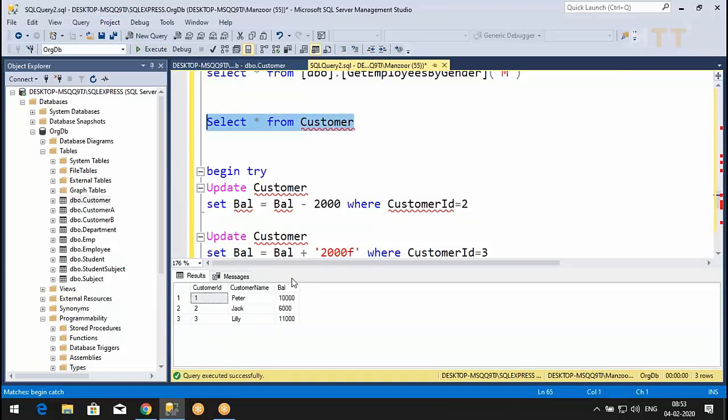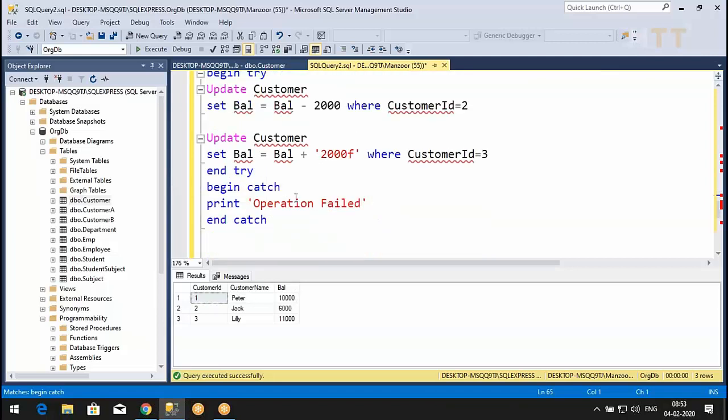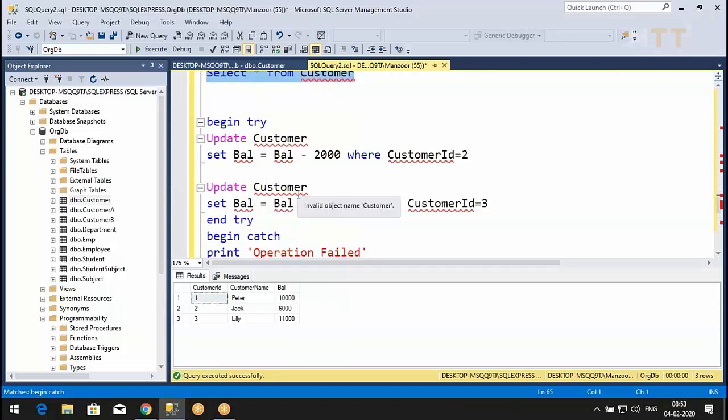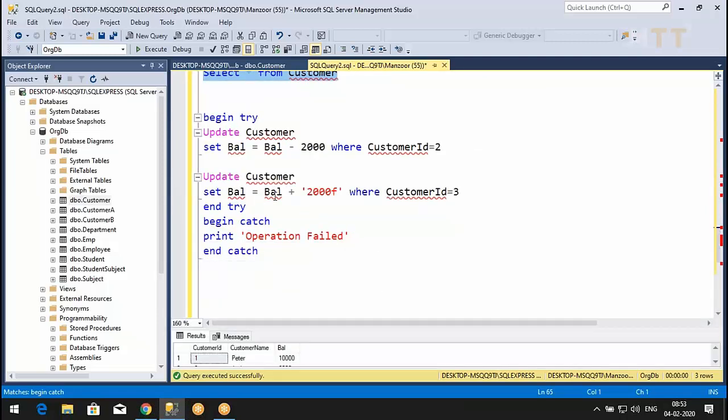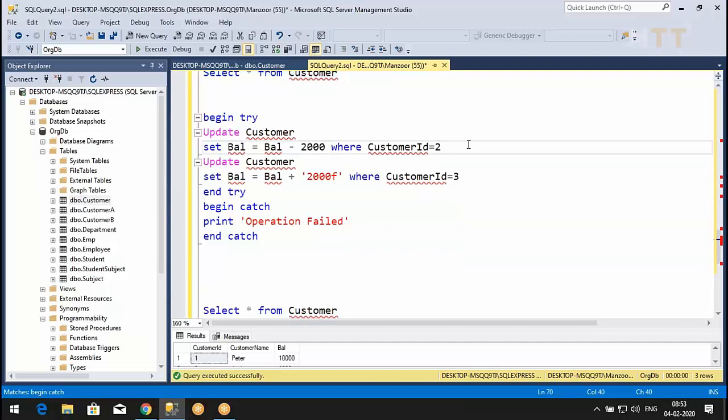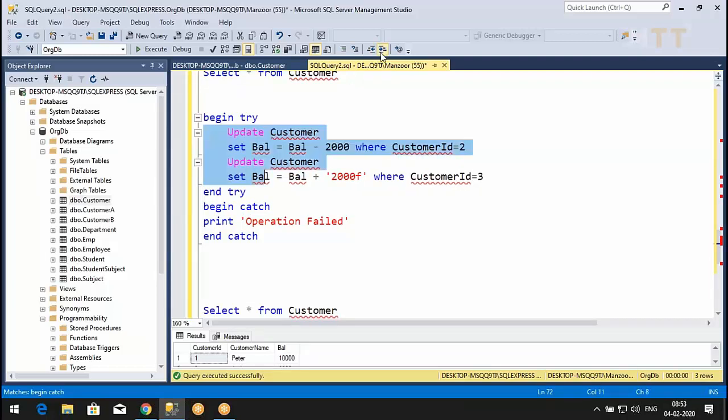We never rolled back, right? I'll give some good indentation so that you do not get confused. Begin try, end try, begin catch, end catch. It is catching the exception, but it is not rolling back.